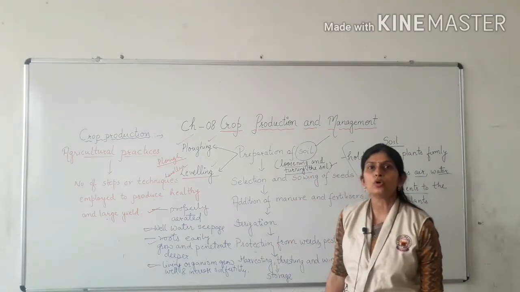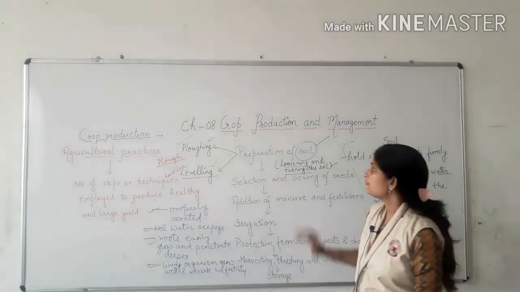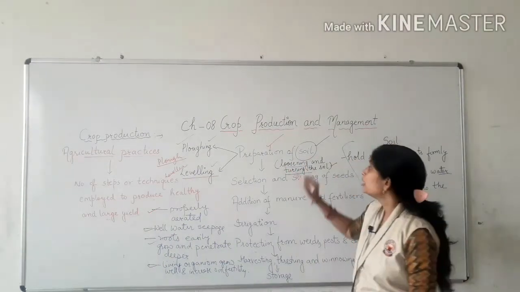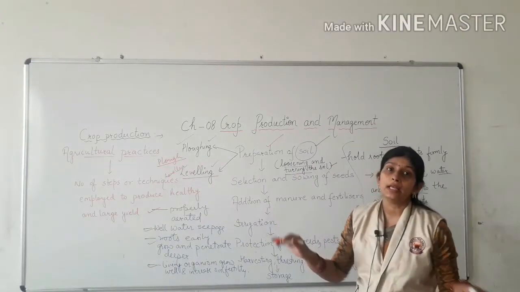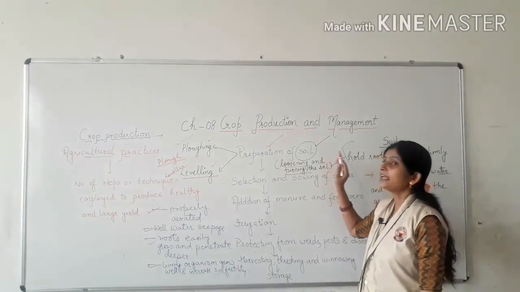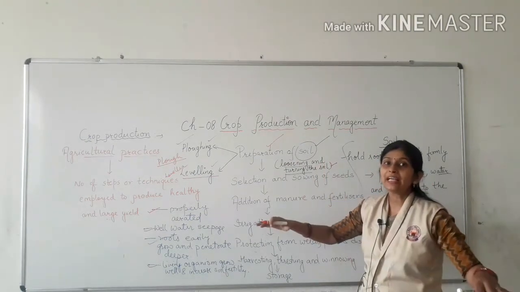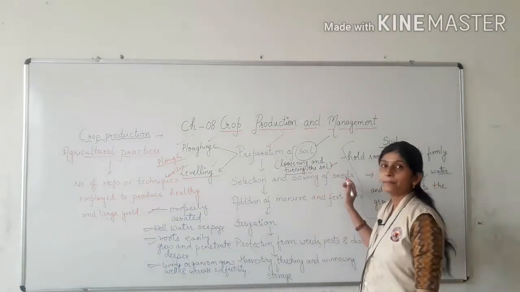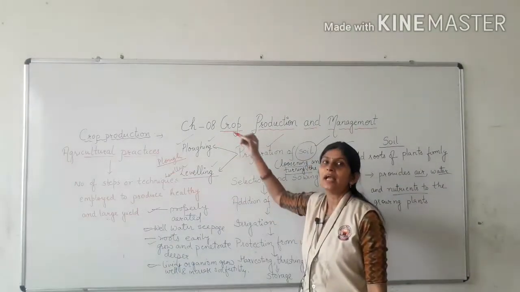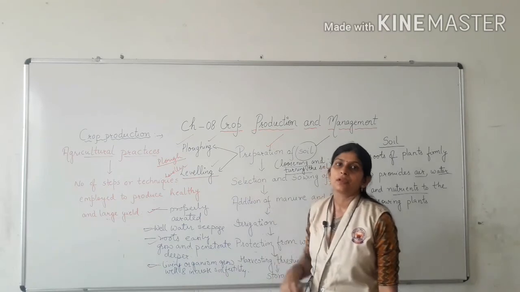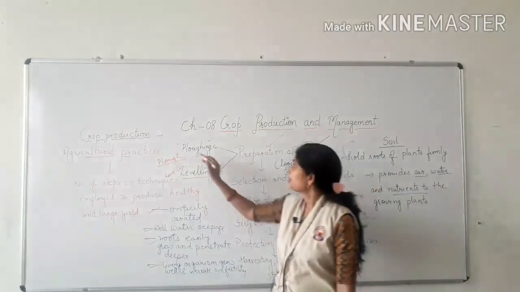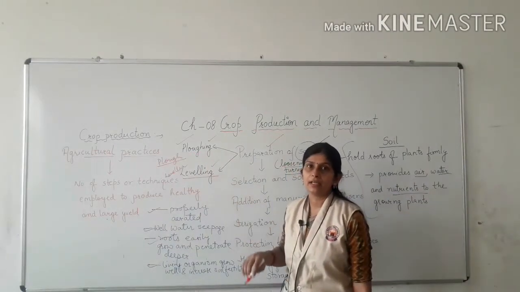So what do we conclude here? We conclude that the very first agricultural practice is preparation of soil. Preparation of soil involves loosening and turning of soil. For this, two steps and methods are performed in sequence, that is plowing and leveling. Plowing